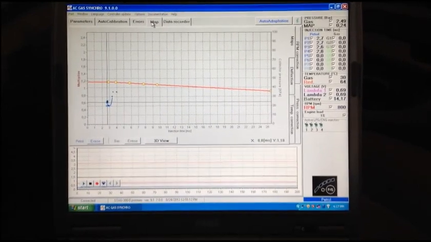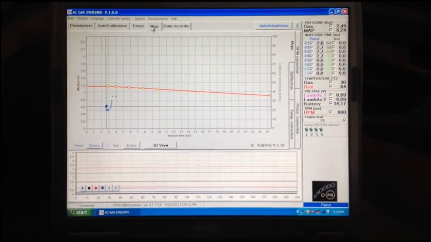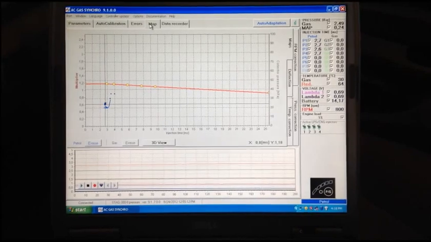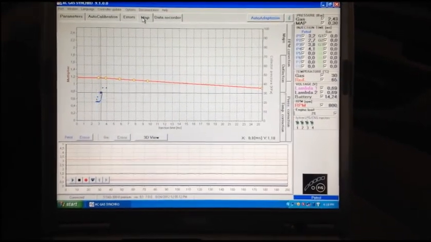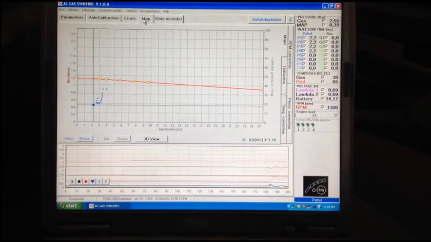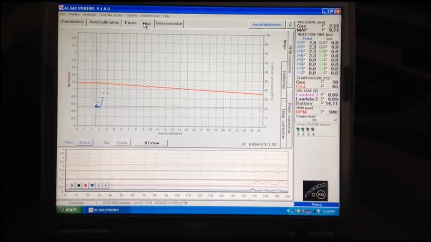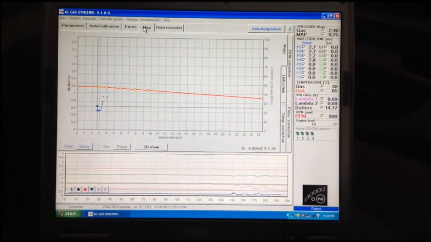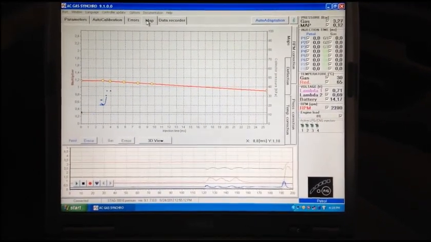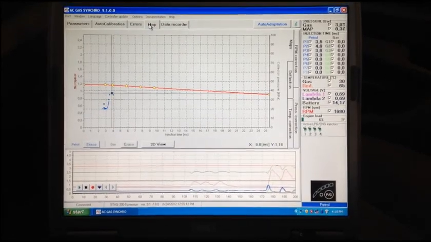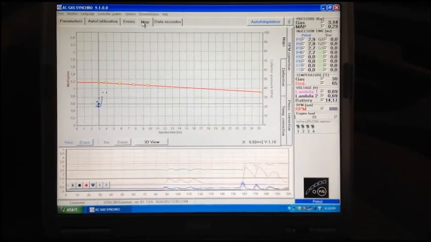And what it's going to do is just gather data. You need to drive fairly consistently, but go up a couple little hills and do different load points, and you'll see this little dot, which represents, going left to right, the actual injection pulse width, and the height is your manifold vacuum. So that's basically a load value. So you're going to go around and drive, and it's going to collect data points and build a nice smooth